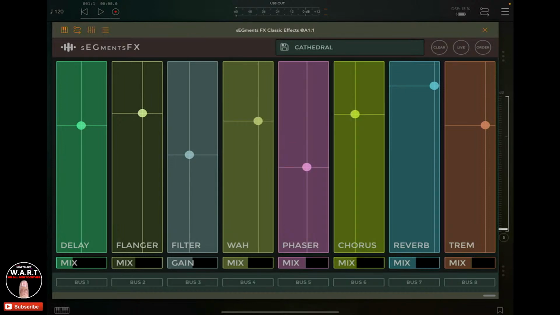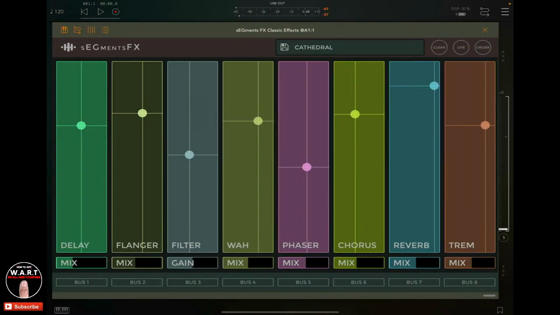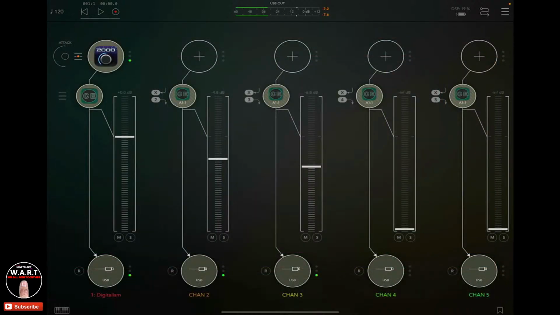That's weird. Come back to me, please. It's frozen on me. There we go. So on track 3, now it's back. So on track 3, we've got a filter. We've got a wah on track 4. Sorry, delay is on track 1. So if I turn everything down,